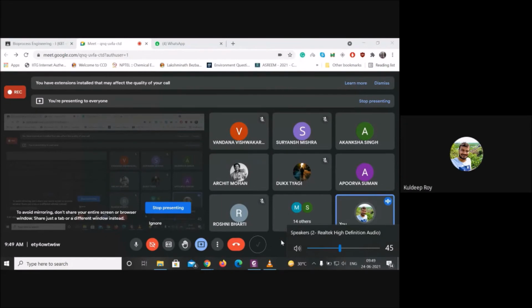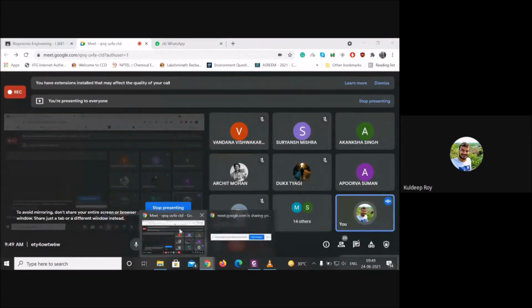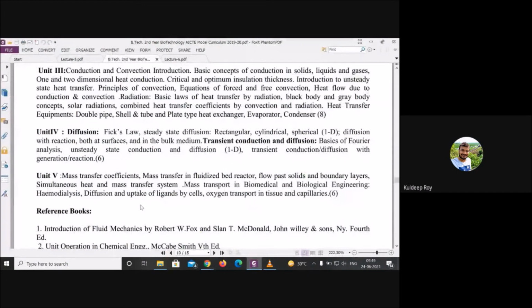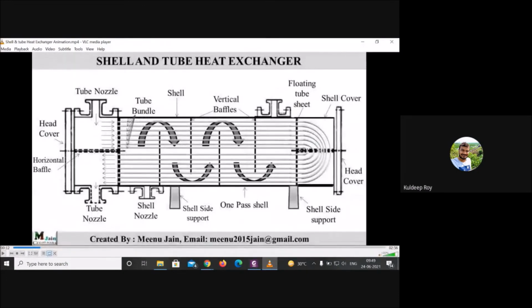No, no, no. If somebody says you want to flow highly viscous fluid, then what do you want to damage? If the shell is damaged, the economic cost will be very high, because replacing the whole shell will be costly for you. So it is better to replace the tube. If you replace one tube, that will be good for you. If some kind of fouling or scaling happens inside the tube, you can easily remove and change that.